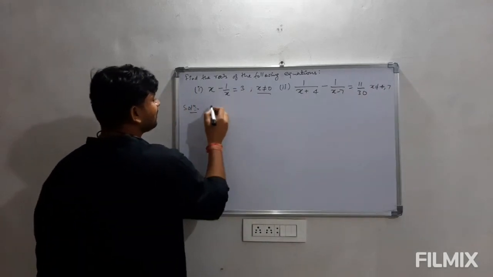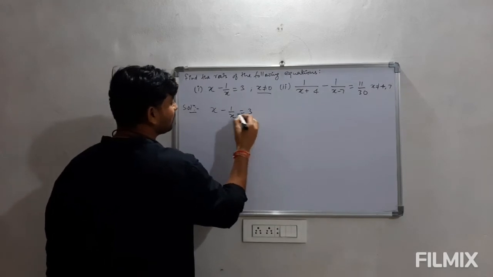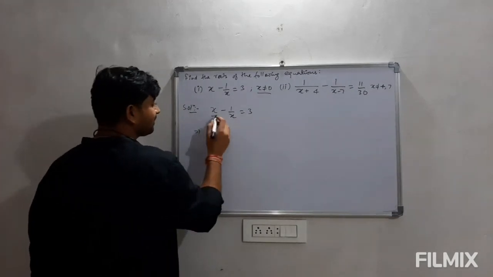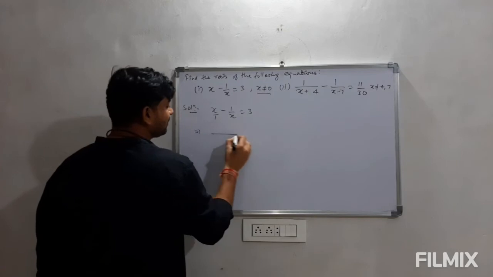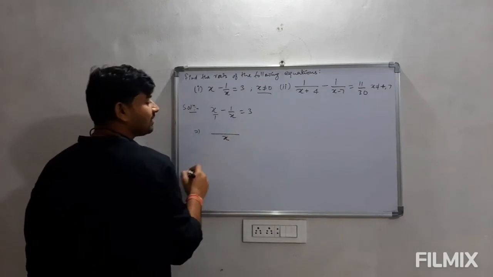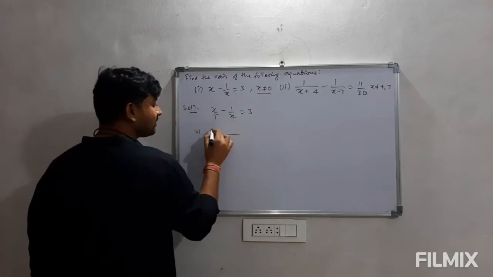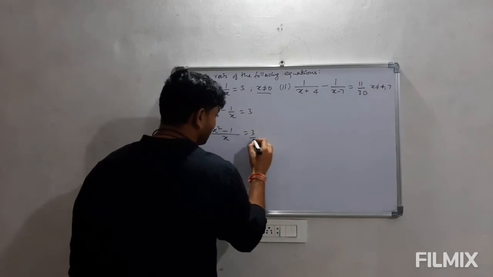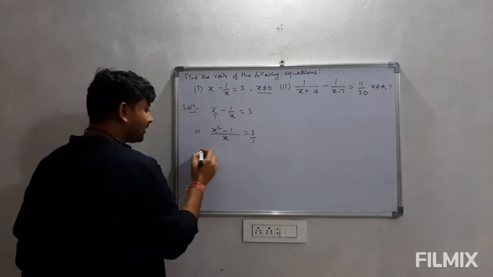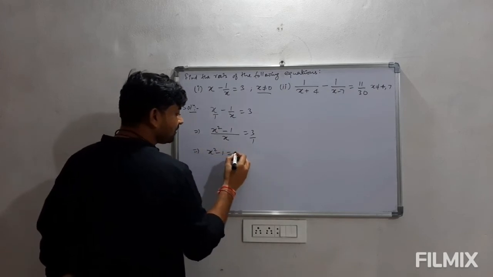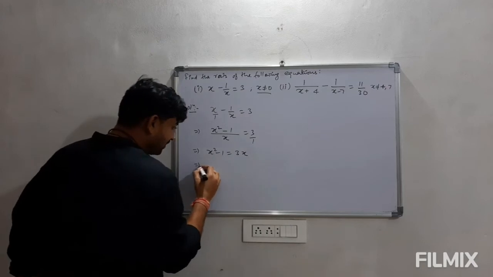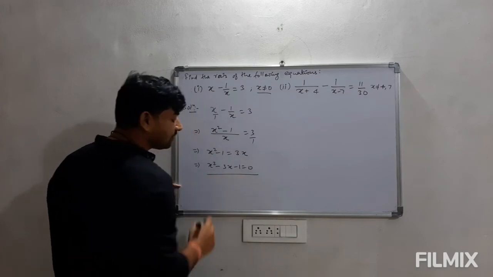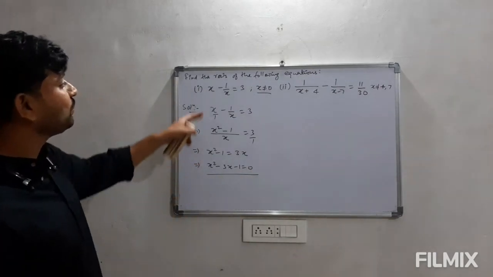Now, if we look at the equation x minus 1 upon x is equals to 3, here clearly we have to take the cross multiplication. x can be written as x upon 1. Now take the cross multiplication: 1 into x is x, then cross multiply, that is x into x, that is x square. 1 into 1 is 1, and minus is there, so minus 1. Now we can write 3 as 3 upon 1. Again cross multiply, so x square minus 1 is equals to 3x. From here, if we shift this to LHS, we are getting x square minus 3x minus 1 is equals to 0. So this is the quadratic equation which we are getting from here.